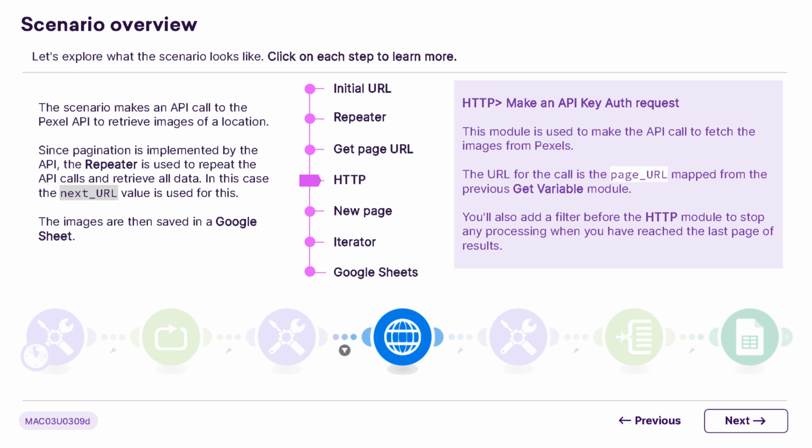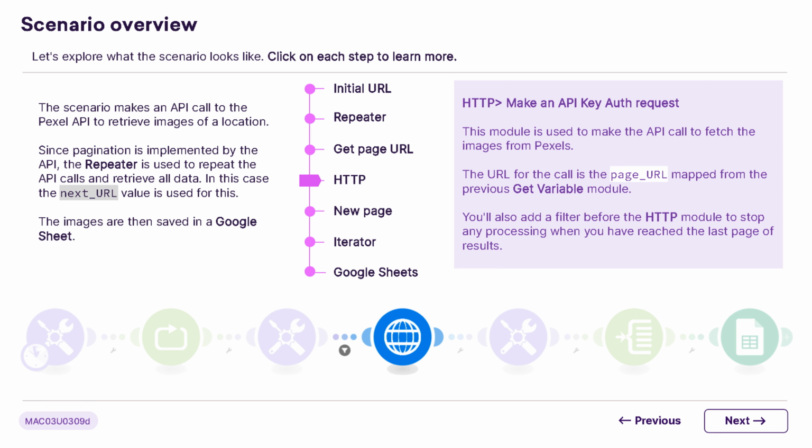This component carries out the API call by authenticating with Pexels using an API key. It relies on the page_URL obtained earlier, which guides it through each set of images. Before executing the HTTP module, a filter is added. This filter is essential because it halts any further requests once all pages of data have been processed, ensuring efficiency and preventing unnecessary calls, which could consume excess resources or time. By understanding these steps, you can seamlessly integrate APIs to manage and store data effectively, providing a robust solution for